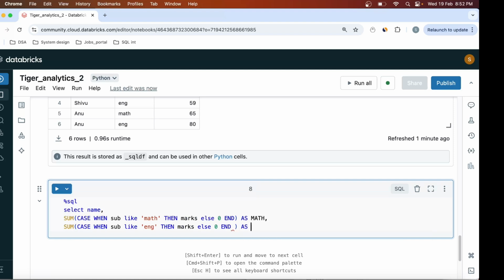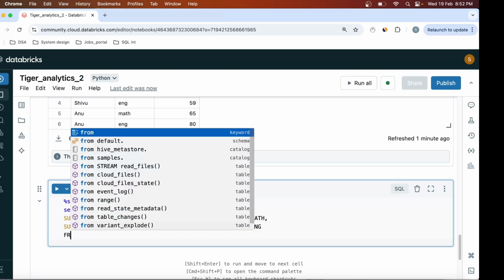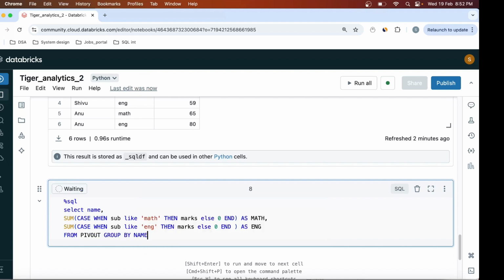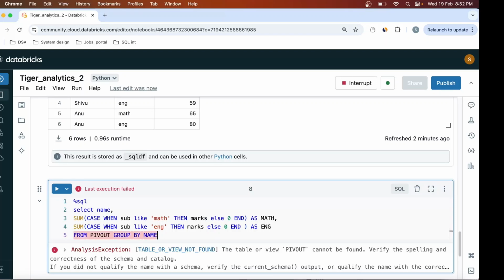And I will alias this as English. And I will do a from pivot group by name. Let me run this command and show you.